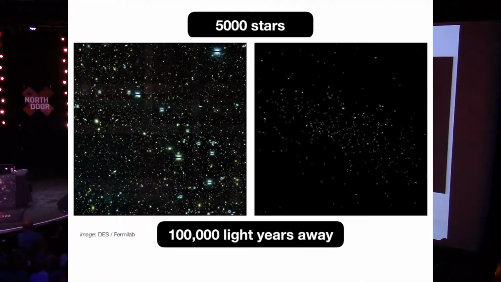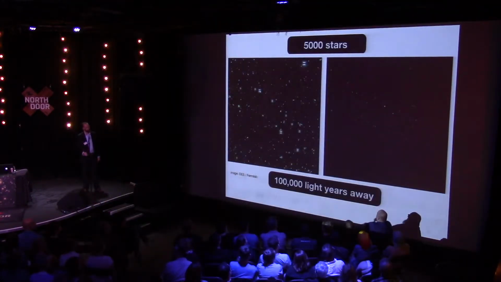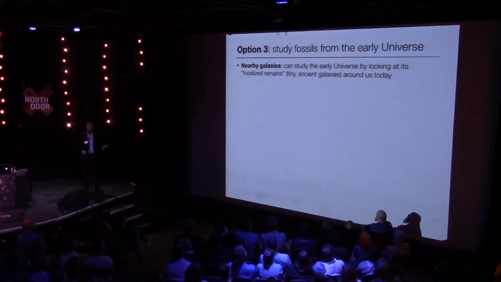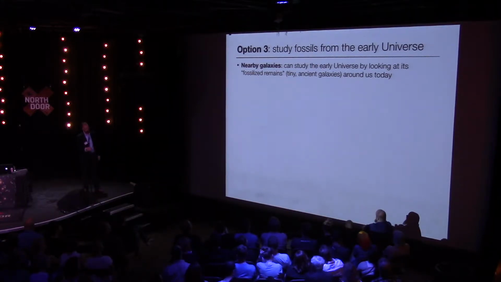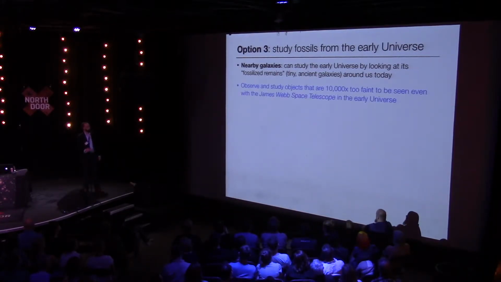Being so close really helps out. So what we can do is use this as our time machine. Okay, so rather than studying fossils in the sense of looking at the very early universe directly, so rather than studying galaxy evolution by directly looking at the first galaxies, we can try to look at their fossilized remains in the very nearby universe. So these tiny galaxies that we see around us today look to be extremely old. Okay, so we can really understand a lot about these systems just by looking at the nearby universe, not having to go very far away.